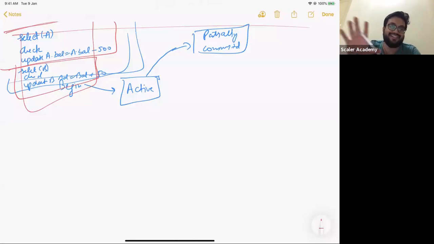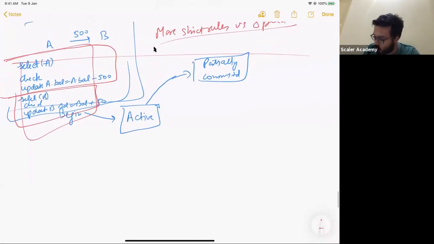ठीक है. तो ये assume कर लेते हैं, but that's not correct, right? So you would want to have all these things in a transaction so that either everything runs or nothing runs, right? So all of these things should be a part of a transaction. In fact, we call this thing T1, transaction 1. We call this thing T2, and we say that there is a transaction 3, which is nothing but T1 plus T2. Does that make sense?